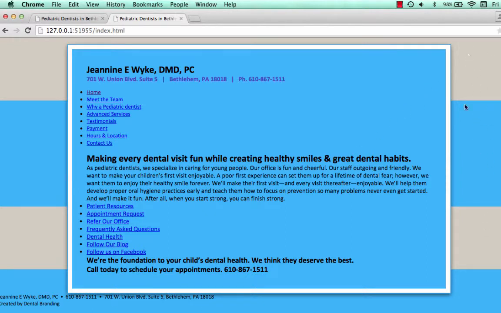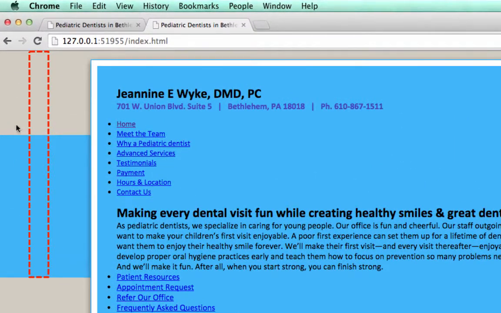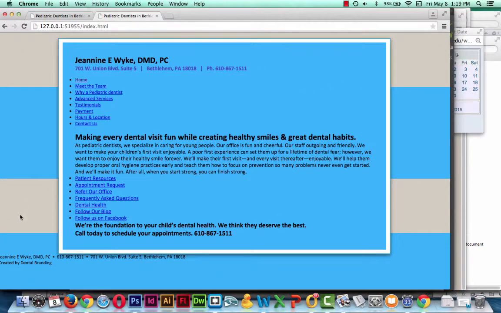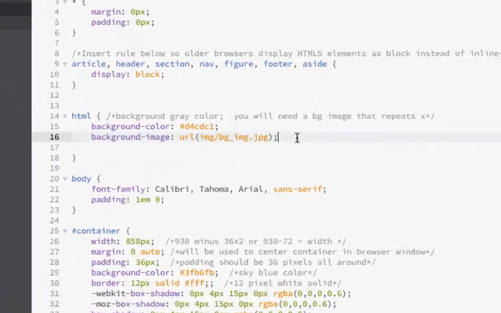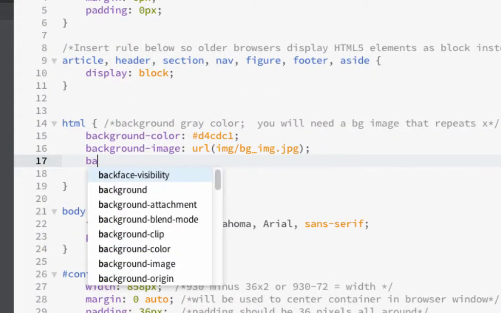Right now it's tiling, and the image itself is basically a piece that's kind of, it's basically like this. And then it just repeats in that direction. But then it actually repeats again. So to make it just repeat in one direction, so it's repeating down here on the bottom just as if like they were tiles and they just kept repeating. So what you're going to have to do, we're going to have to go back up here where we have background image, and I'm going to do a background